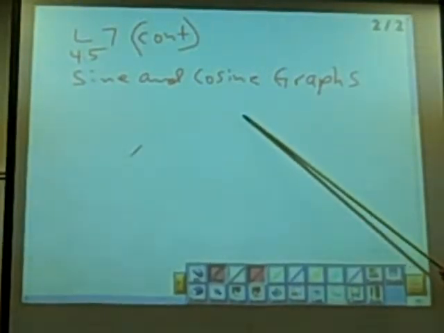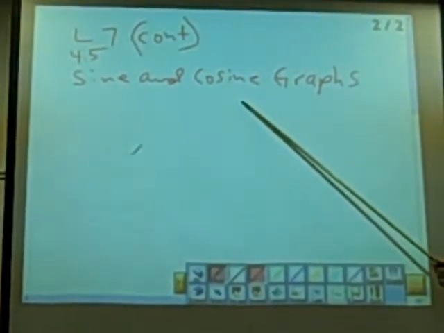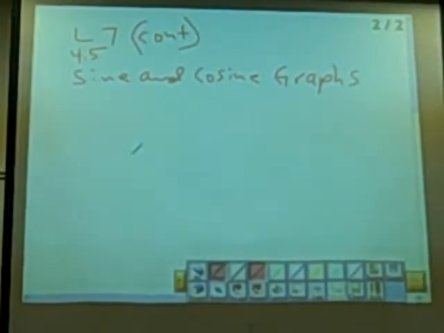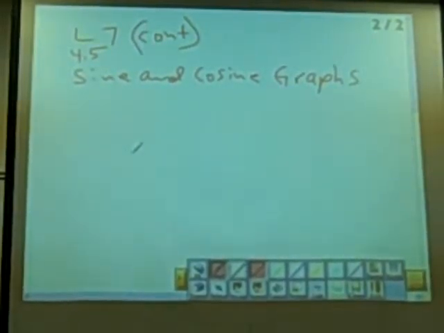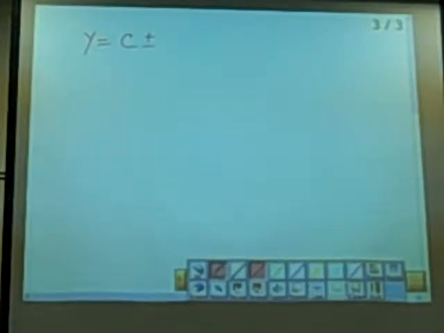We are going into lesson 7, continuing on with that. We're going to go over some graphs. And let's take a, we know that y equals c plus or minus a sine kx, and also y equals c plus or minus a cosine